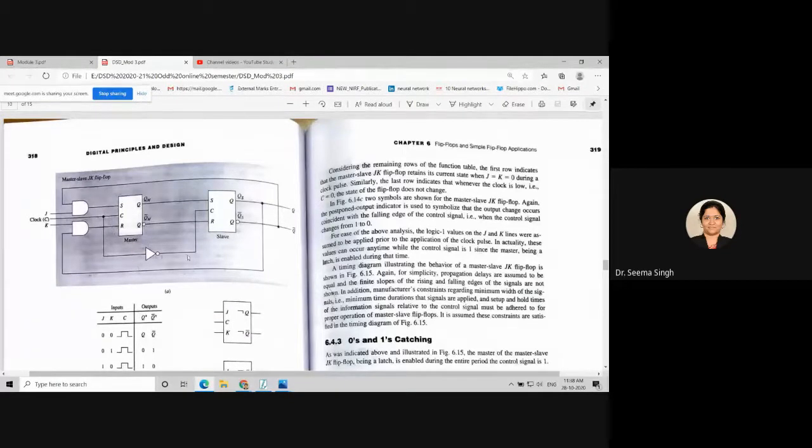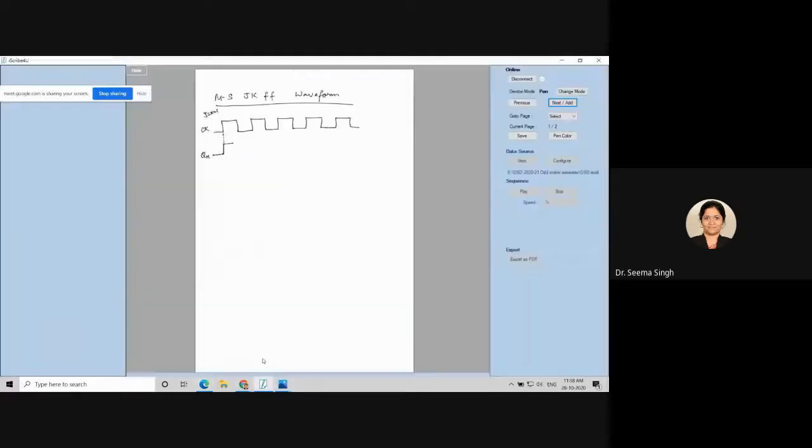With this inverter, clock becomes 1, and then only the slave will be activated. Slave will not be activated until and unless clock becomes 0. So your feedback does not change. In the previous case, what was happening? Your feedback was changing all the time. But now, because of this slave and this extra control, I am not having a changed feedback. So this QM will remain high, and it will toggle only when my next clock pulse comes, when my next positive edge comes.